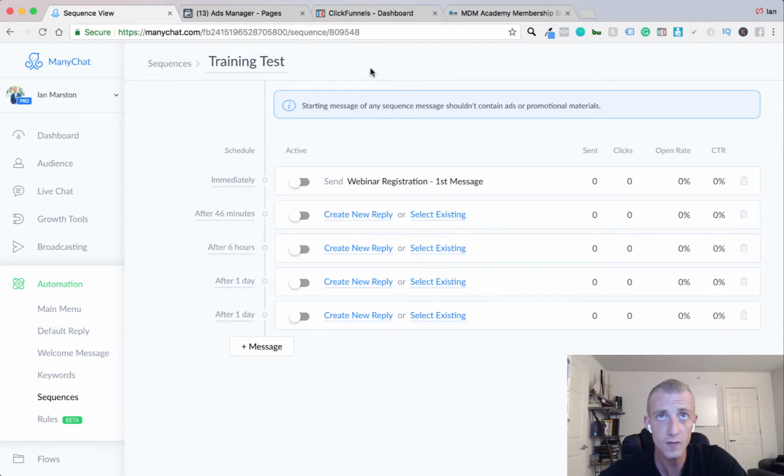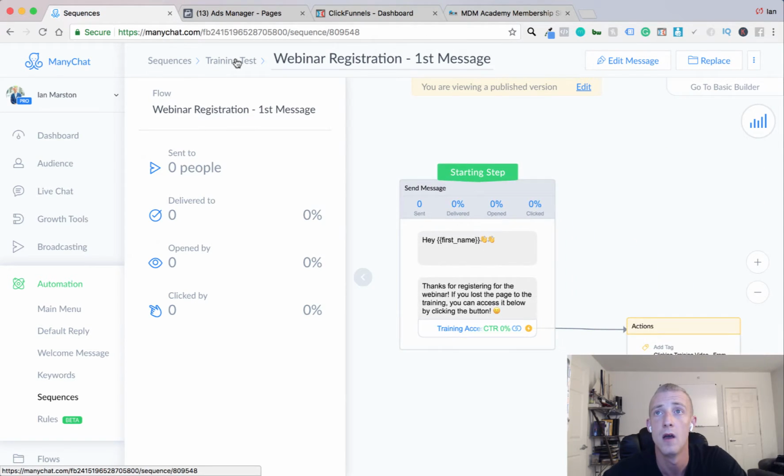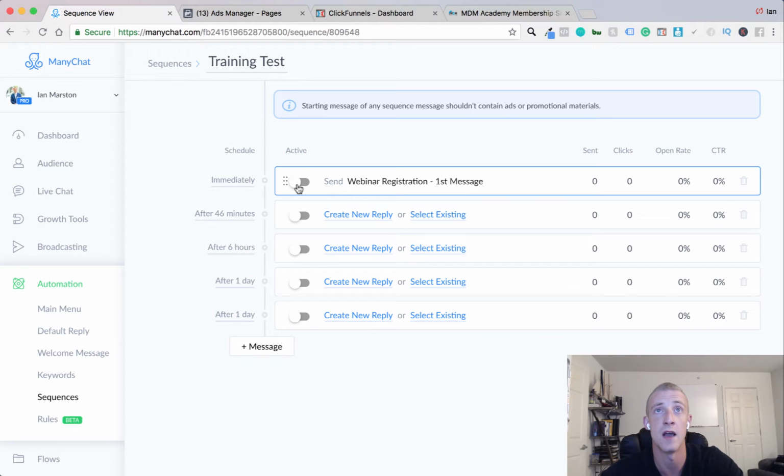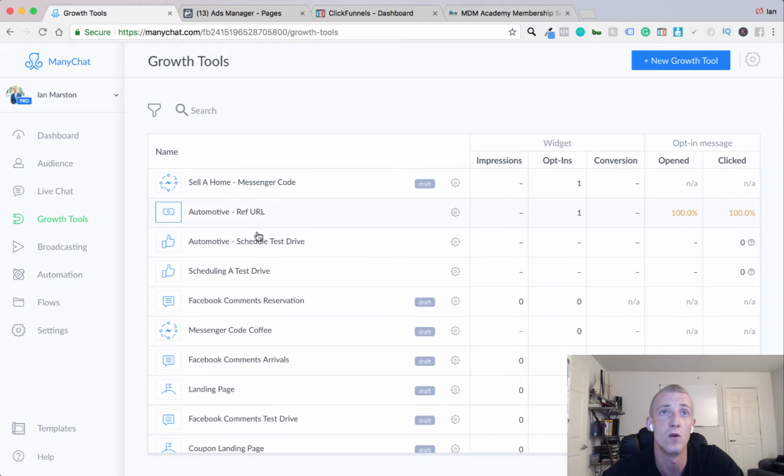And then I'm inside of the sequence. That's the first message. We've got that all typed up. It's live, it's published. Now we just need to hit active to turn it on. Boom, active. So anytime we're going to use this sequence from any type of growth tool, for example, let's go into growth tool